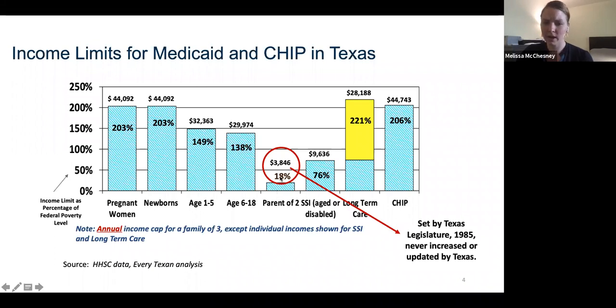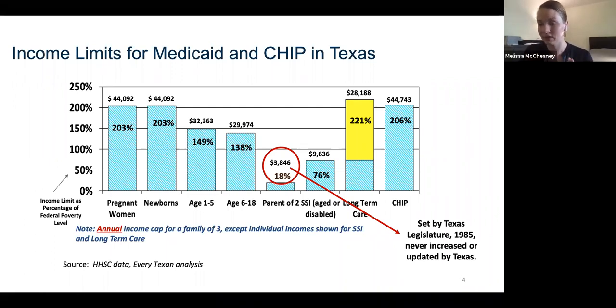For parents, it's way down here at 18%, and then these are sort of roughly created. Most of these are dollar amounts, but we translate them into FPL limits just so you can compare across the programs. One of the things to point out here, the reason our parent income limit is so low is because it's actually tied,